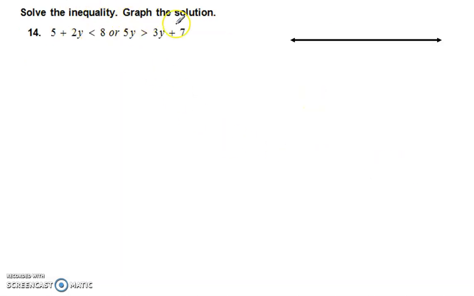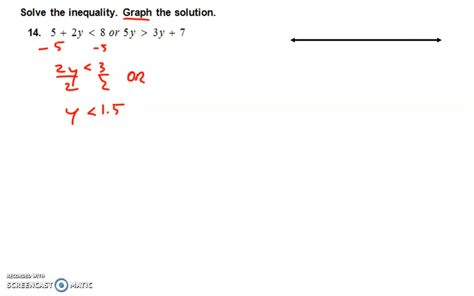Alright, solve the inequality and graph the solution. This is an OR statement, so I have to solve both of them. I want to isolate the variable, subtract 5 from each side, -5, so I get 2y is less than 3, divide by 2. By 2, so now I have y is less than 3 over 2. Since I have to graph this, I'm going to go with a decimal on this one, 1.5. Or,